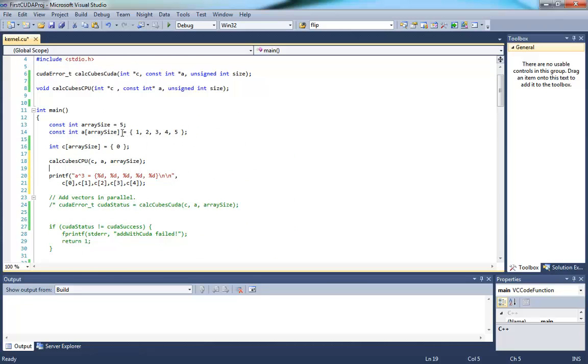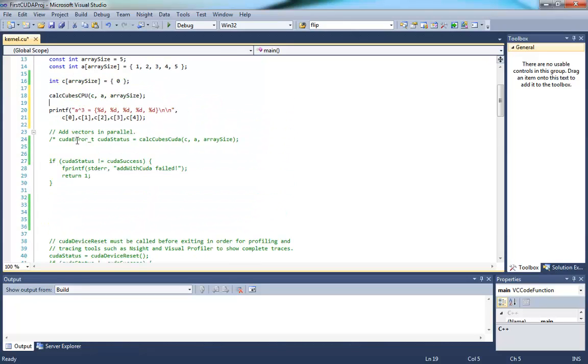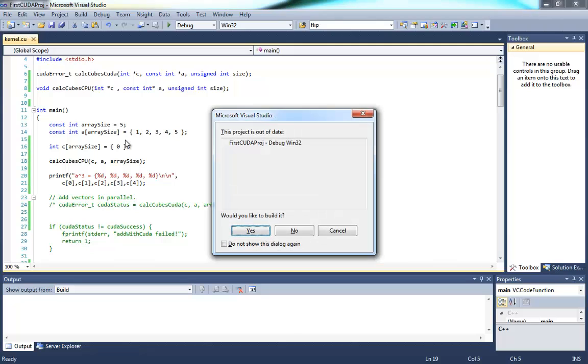I take array A, initialize it at 1, 2, 3, 4, 5, array C, initialize all at 0, calculate the cubes on CPU, pass C, A, and array size. Calculation happens very simply. A for loop starts at element 0, goes all the way to the element size, which is 5 in my case, increments one at a time, and calculates the cubes of A sub I, multiplies it by itself 3 times, writes the results into C sub I, and then writes out the contents. So let's calculate this and see how it